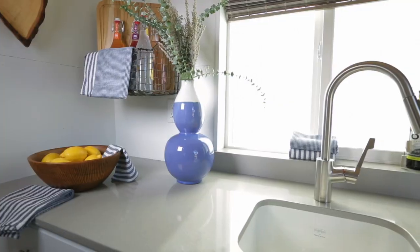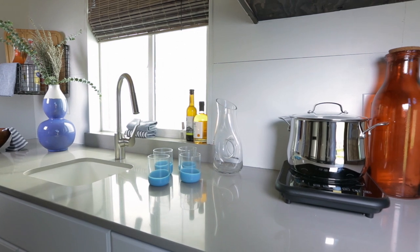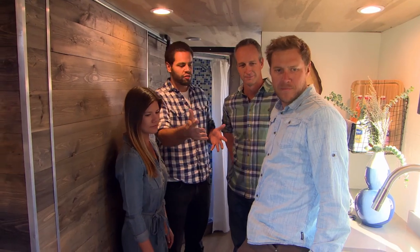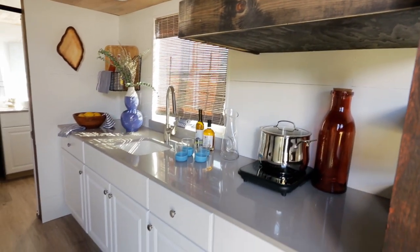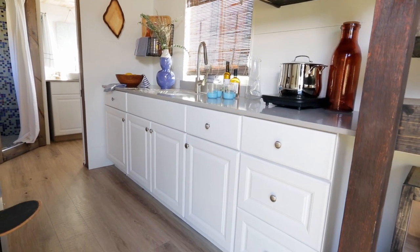In the kitchen, we wanted to make sure that we gave you enough space. Right. And I think also the induction burner is great because you can tuck it away when you don't want to use it, and then you still have plenty of counter space. Plenty of room for food prep, making drinks, entertaining. And what that allows us is storage. We've really been able to gain some storage because we don't have a range there, so you can have the cabinets underneath. Right. But you notice that there are no upper cabinets, which does cut down a lot of space, but that is what...